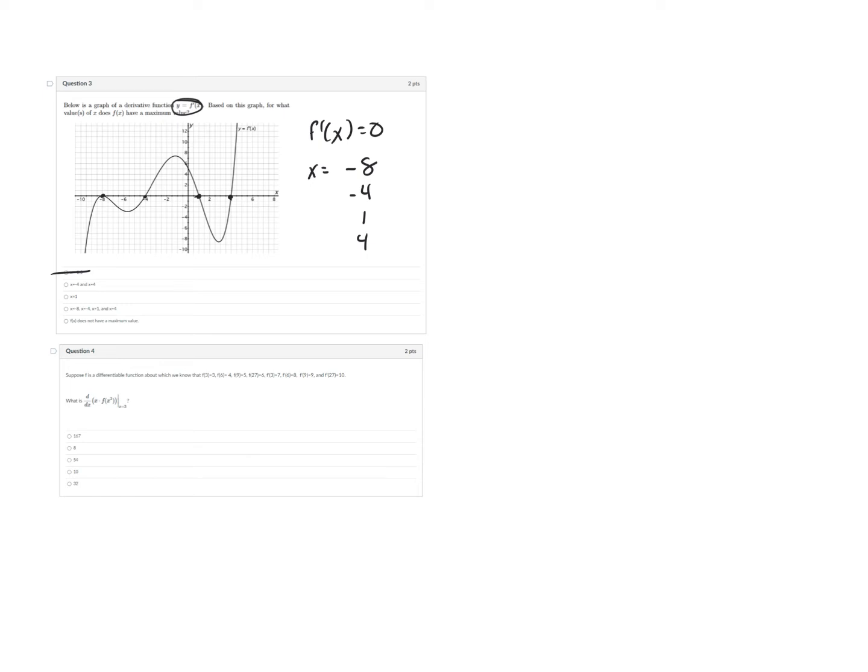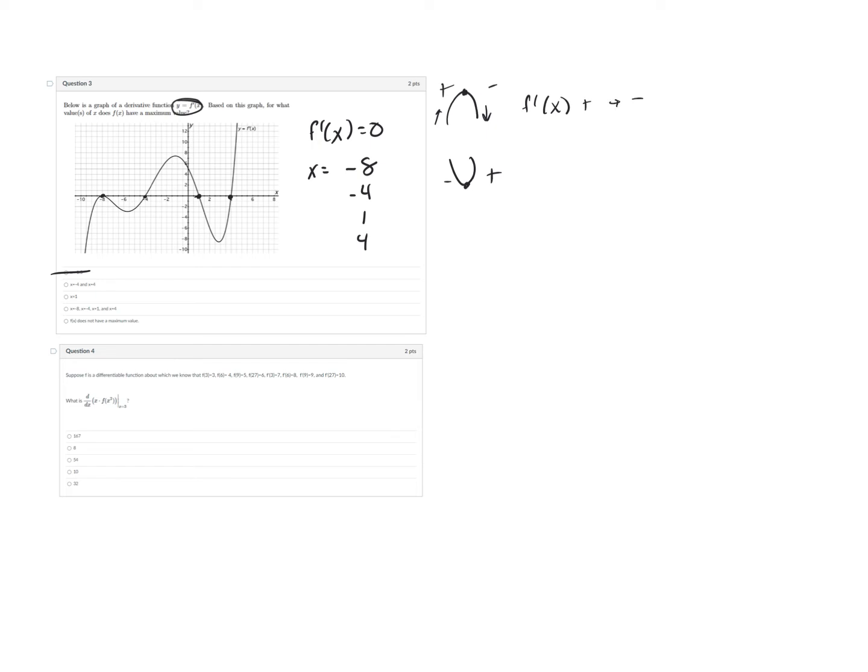If it's a maximum like this or a minimum like this, that derivative is going to be going from positive to negative for a maximum, since we have that increase and then decrease of the actual function f, and opposite for a minimum. So for a maximum, we want to see where f prime of x is going from positive to negative